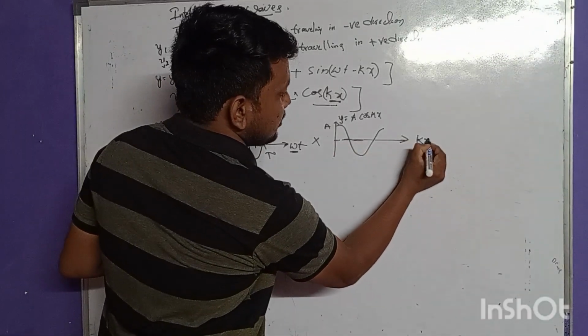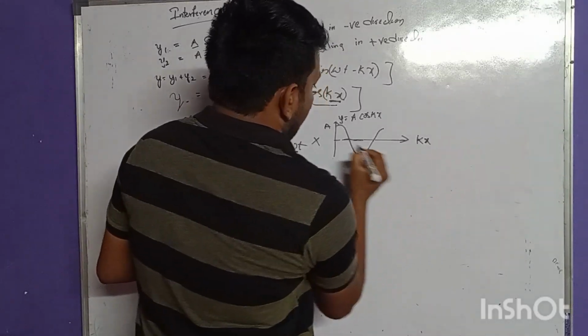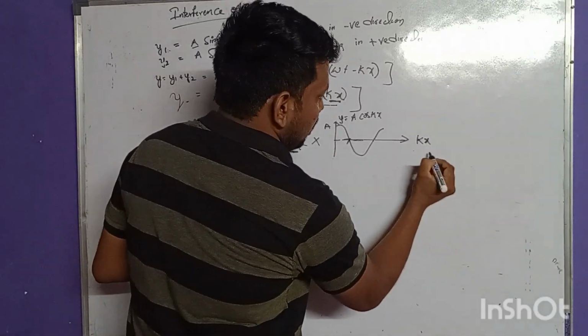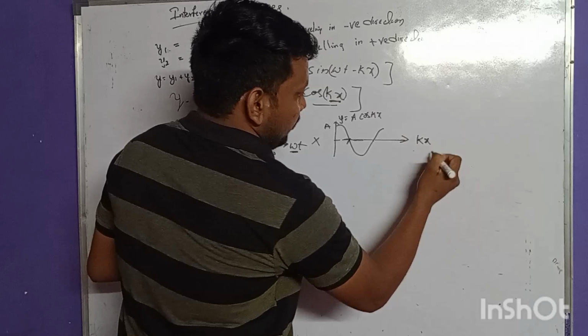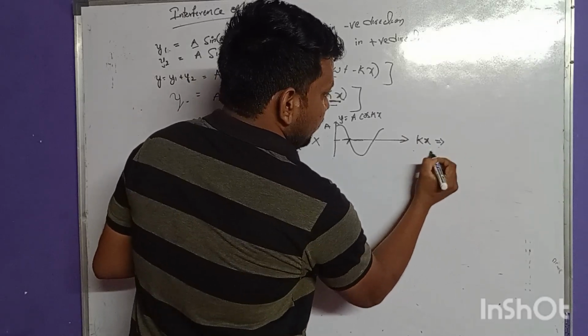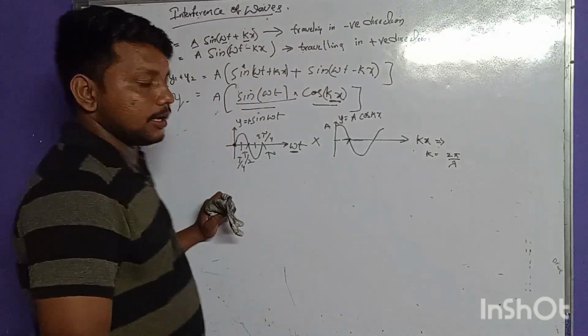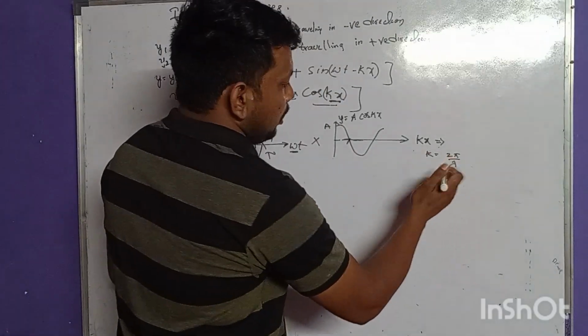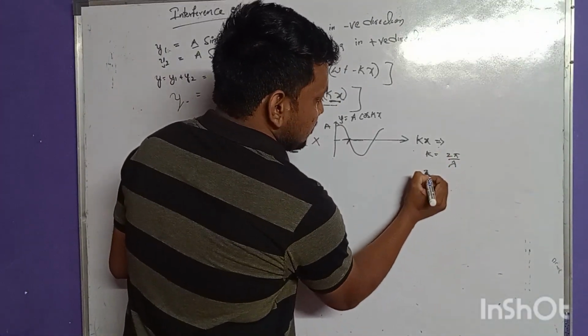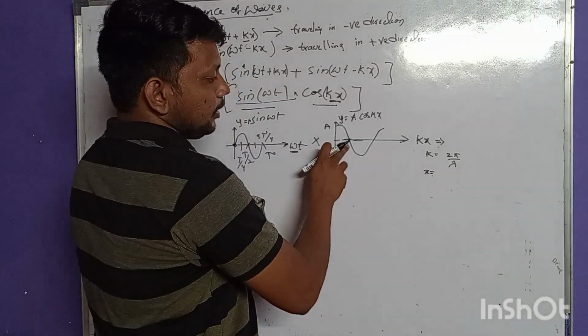This is kx. This is lambda varying, right? k is equal to 2 pi by lambda, right? Let's say x is equal to, here